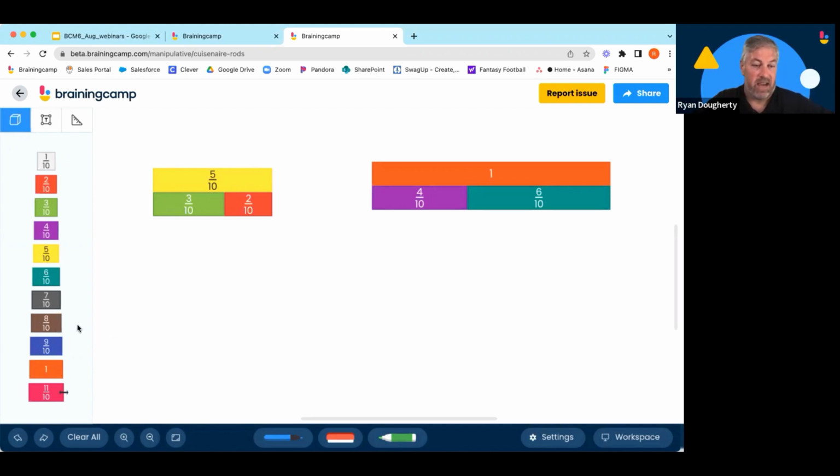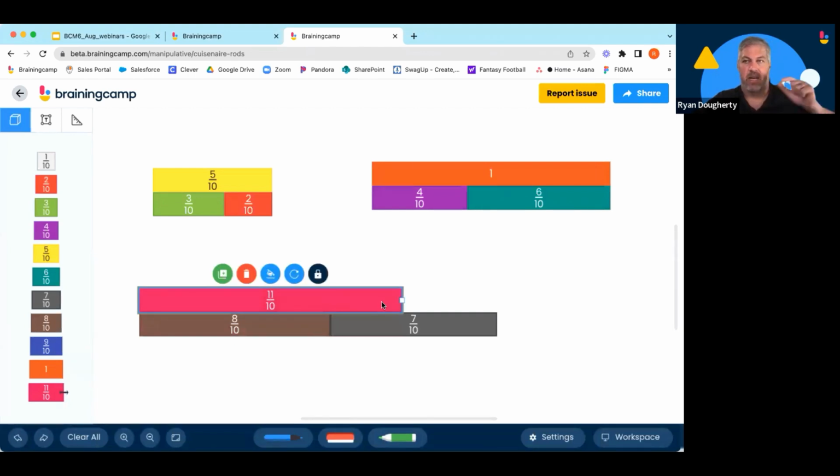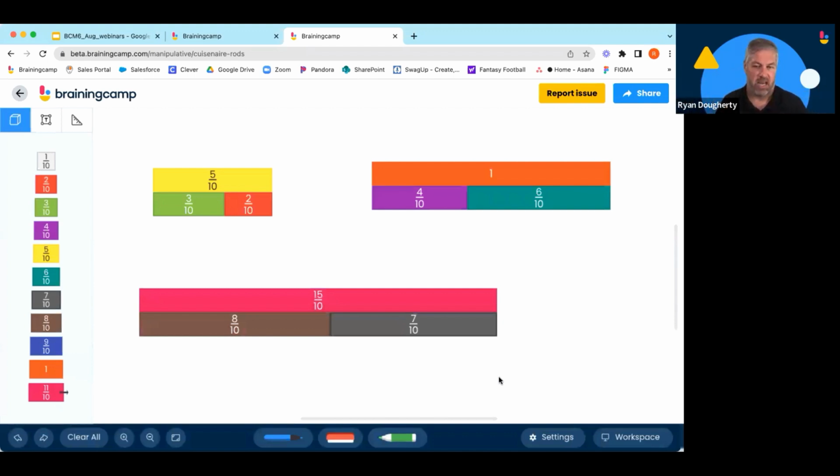The other nice thing is if I had 8/10 and 7/10, right? In physical manipulatives, the largest you have is 10 units long. So you would have to build multiple ones here, but we have this 11/10 one that comes out, and notice on the tray, there's an arrow. And when I click on it, there's a handlebar, and the handlebar allows me to slide this up and show that it is 15/10, right? And now I can have a discussion about, well, 15/10,